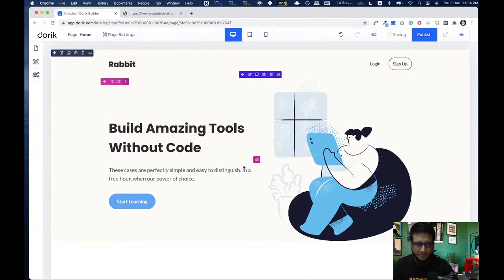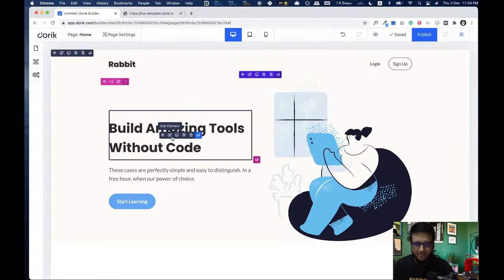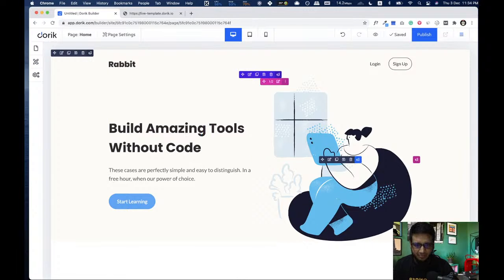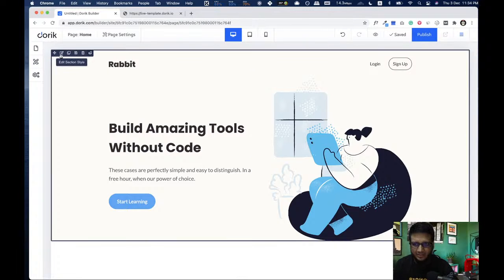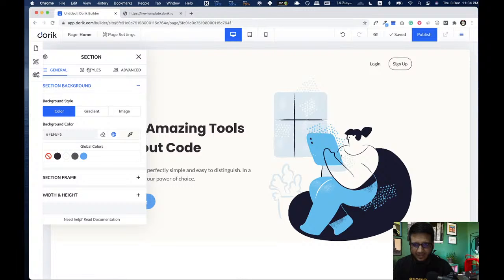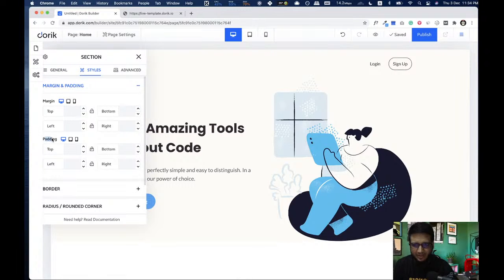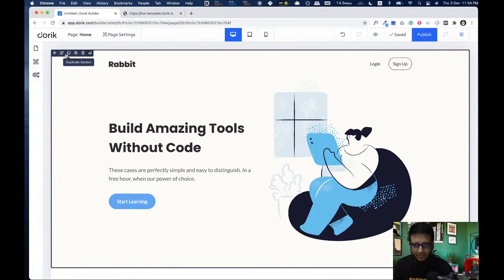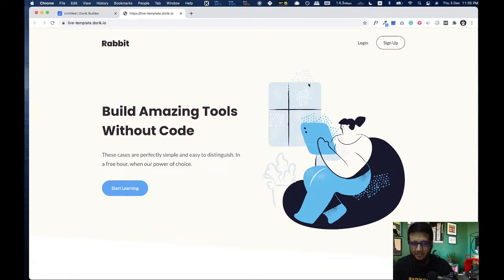So good. And we need to create some space at the bottom, like padding. You see the illustration is like touching the bottom right now. So I'm gonna go to the edit section, styles, and then go to the styles, and you see padding bottom. I'm gonna give it 100 pixels. Okay, so there's a gap here. You can see if I hover, you can see the gap at the bottom. So I think now it's fine like this.